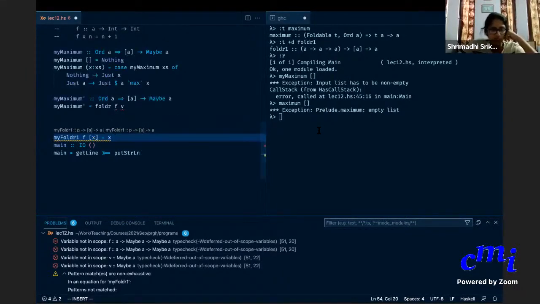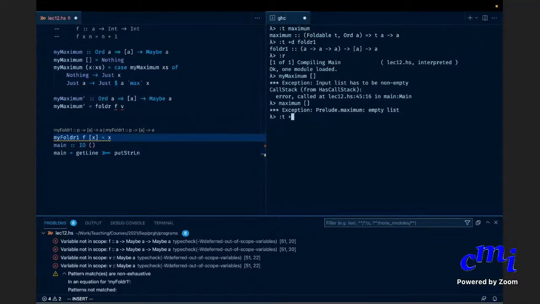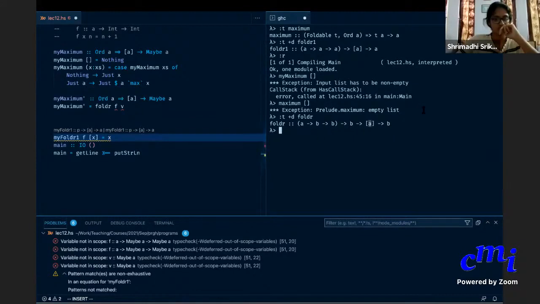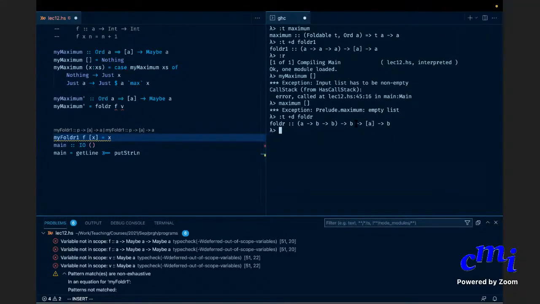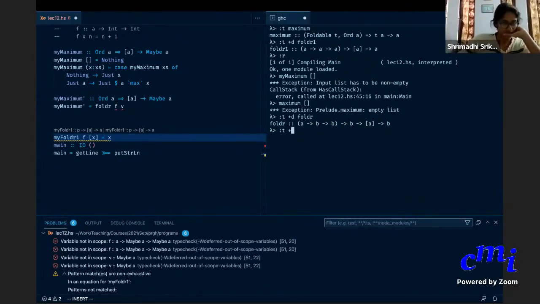So let me write the type of foldr1. Now the return value of foldr1, which ought to be B, has the same type as the element of the list, which is A, right? Because of the base case you're giving, that is why B becomes equal to A. And then you don't require another argument, the initial value, so you cut that out. Now do you understand?